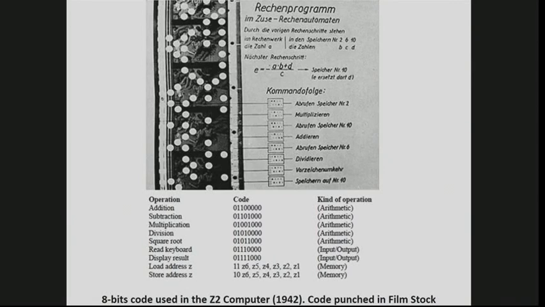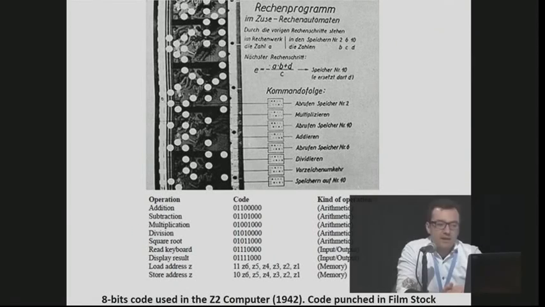This computer, a previous one, and 2 other computers that he made later on. And I was able to identify some of the code punched in this film, which is 8-bit binary code. I think it's very important that people asking questions about ontologies of digital cinema go back and learn from this